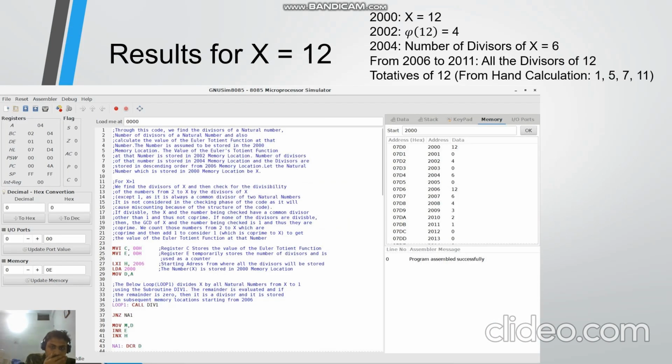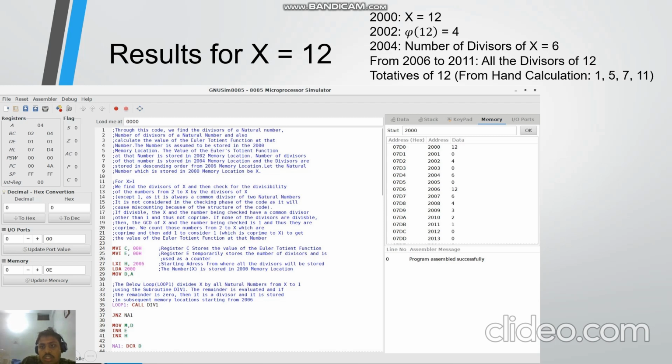So these are the results we get for x is equal to 12. At memory location 2000, you can see that we have the number 12. At 2002 we can see we have psi 12 equal to 4. The totatives of 12, which we received from hand calculation, are 1, 5, 7, 11, that is 4 totatives, as we can see